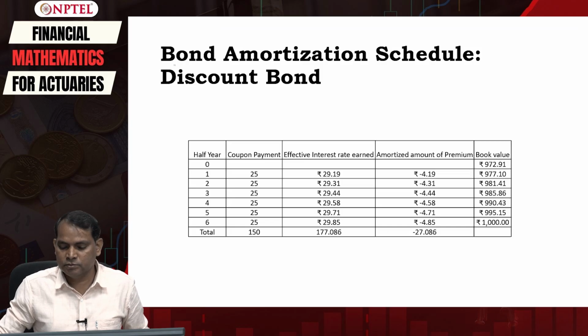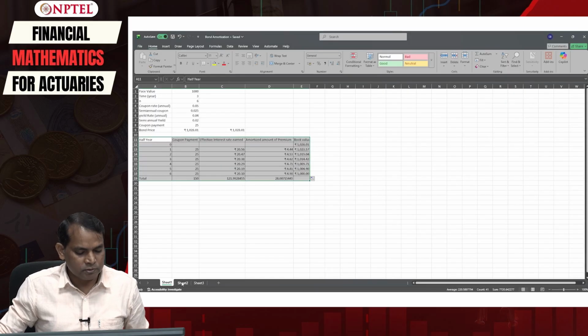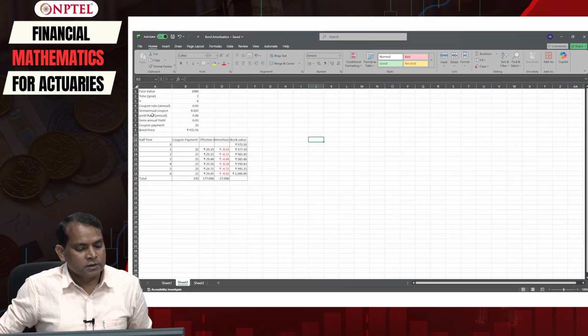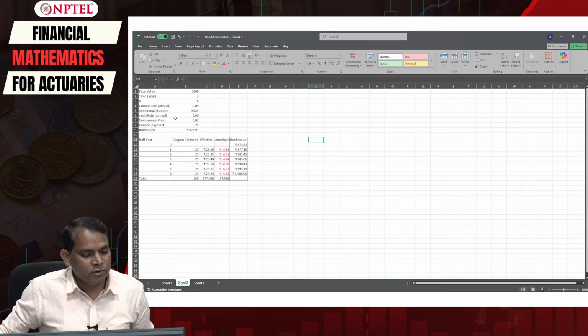So we can simply take this bond amortization schedule here. Because that was for premium, the discount one I have given here. It is the same thing, but now the only difference is the 6% yield rate instead of the initial 4%.